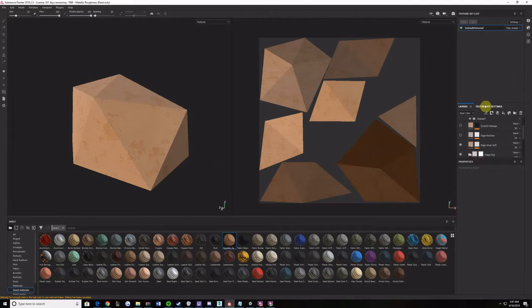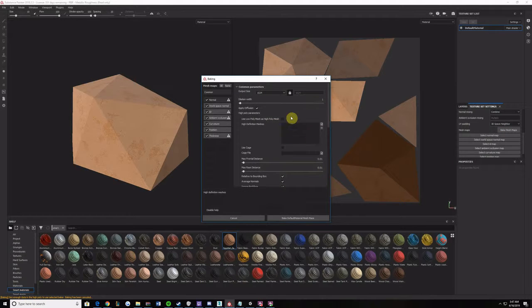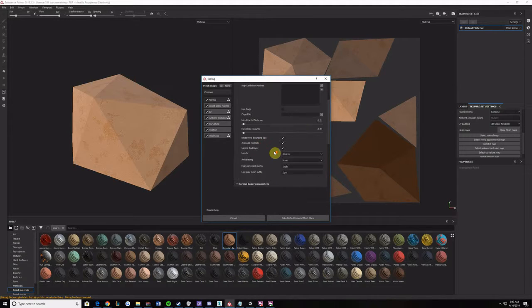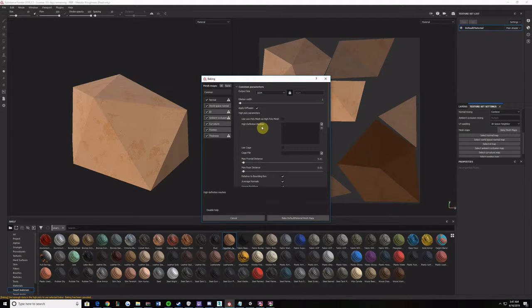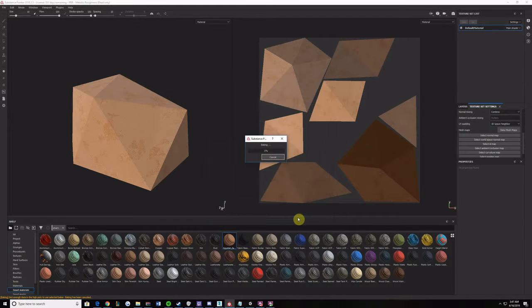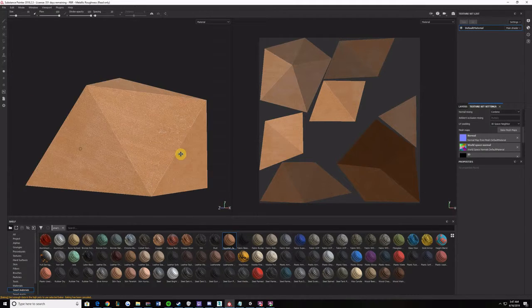And then we're just going to want to go back to our texture set settings and scroll down below channels into our mesh maps. We're just going to click Bake Mesh Maps, and all these settings are okay. Output size 1024. You shouldn't really have to change anything in these tabs. I'm just going to bake the default material mesh map. Then once that's finished and our rock's looking pretty nice,